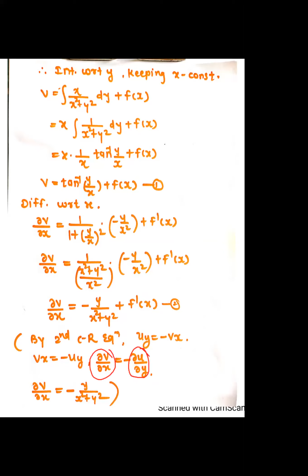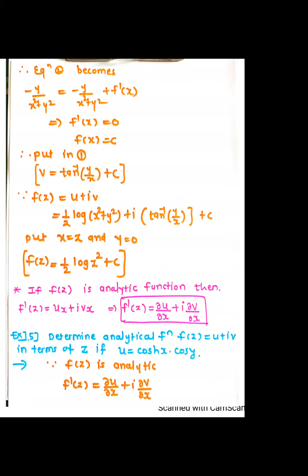In the first step of the example, we have found the value of u by y. U by y is y upon x square plus y square. So v by x is known to us now. So now we'll substitute that value in the equation number 2. 2 मध्ये ती value put करून द्यायची. इथे बघा आता. So that value we have substituted in the equation number 2. So 2 will take this form, means we can cancel this minus y upon x square plus y square from both the sides of the equation. So therefore f dash of x equals to 0.